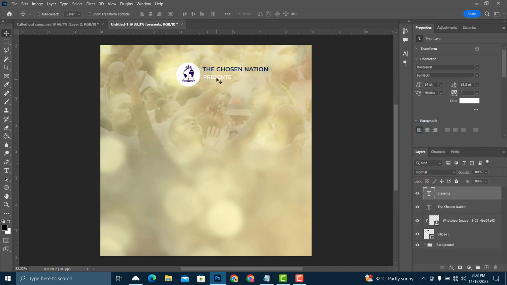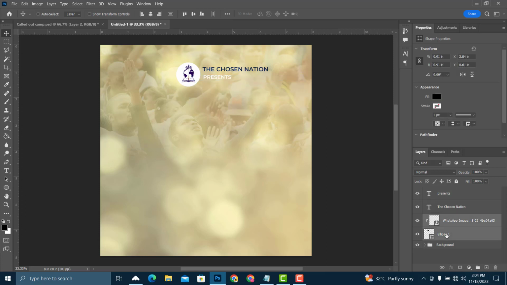Okay, and then let's position it very well. Let's reduce the size of this one together with the ellipse like this. Okay, position it very well,